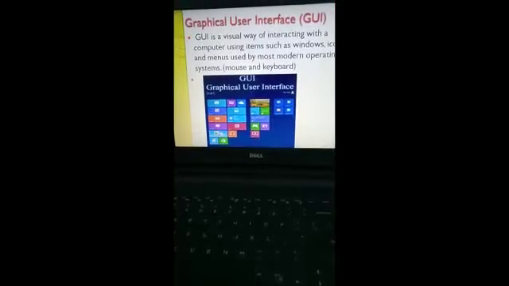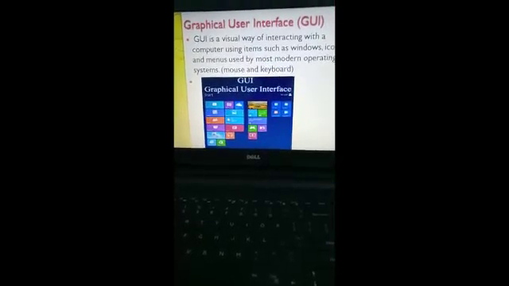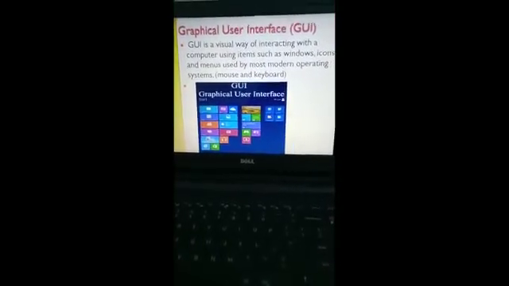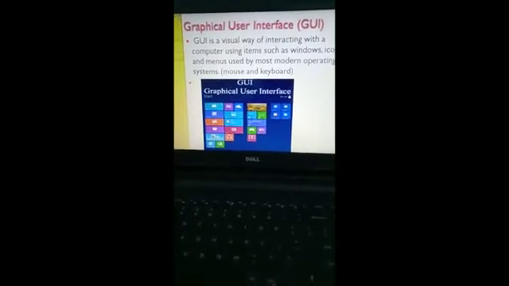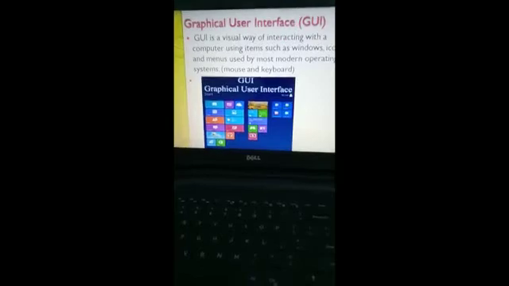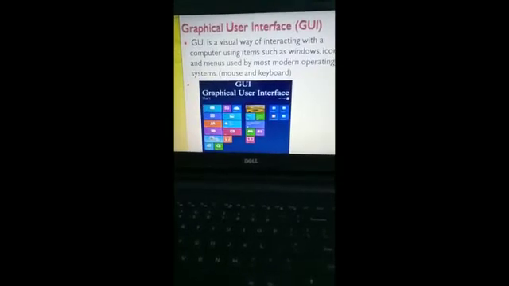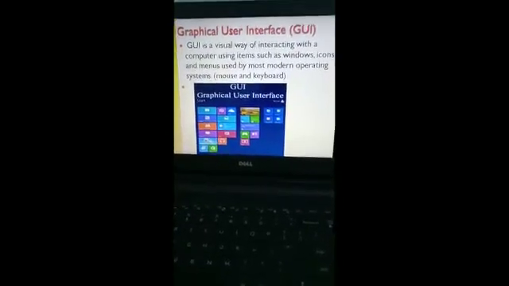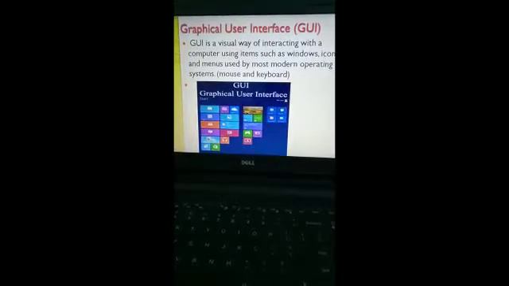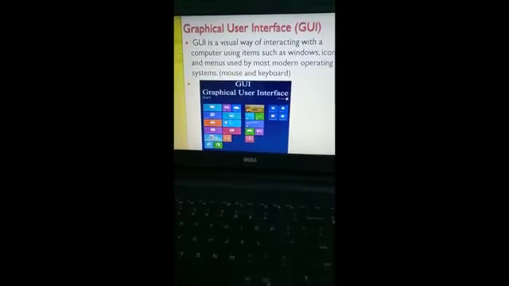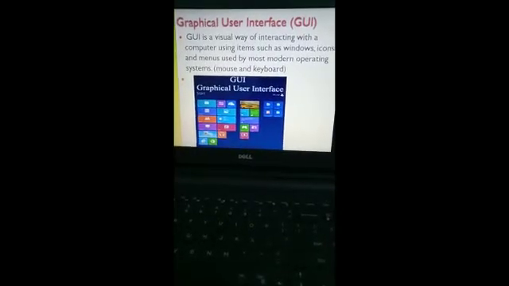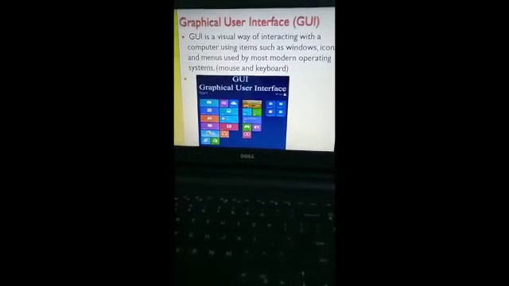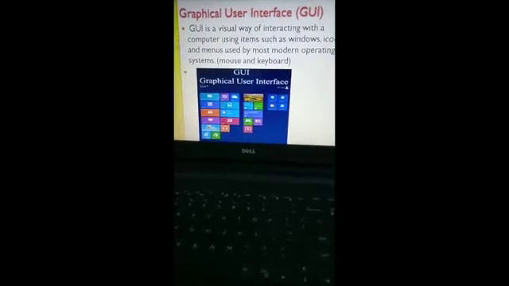Like we use mouse and keyboard. Unlike command line interface, we do not need mouse. We need, however, keyboard. But here in graphical user interface, we need mouse and keyboard. And when we work on graphical user interface, we will have the screen this way.